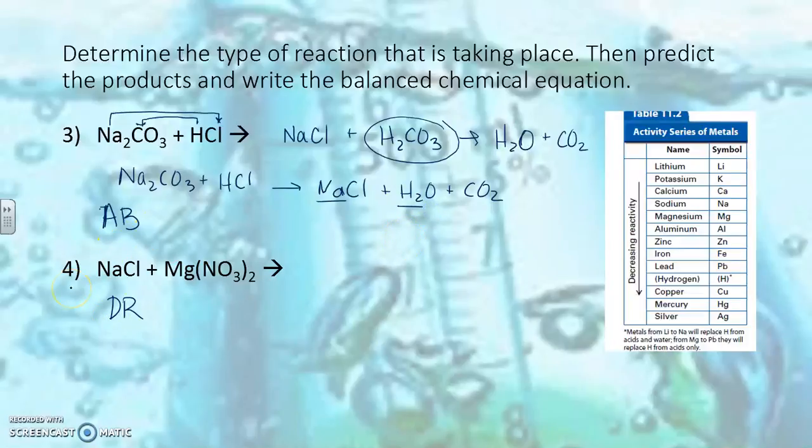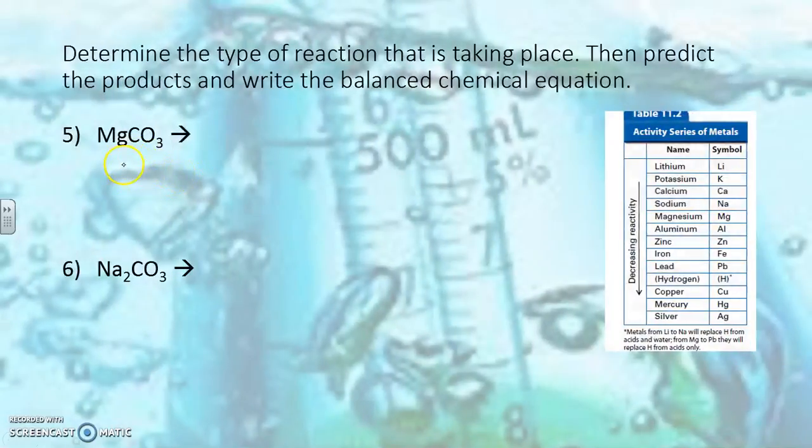Let's see if you can figure that one out. Okay, this next one's going to be a decomposition. My pen is dying on me. Okay, it's going to be a decomposition reaction. They're going to both break down to produce a metal oxide and carbon dioxide. This one's going to produce a metal oxide and carbon